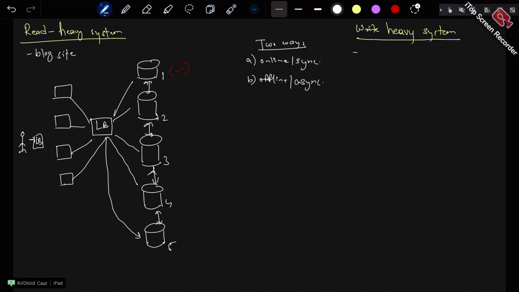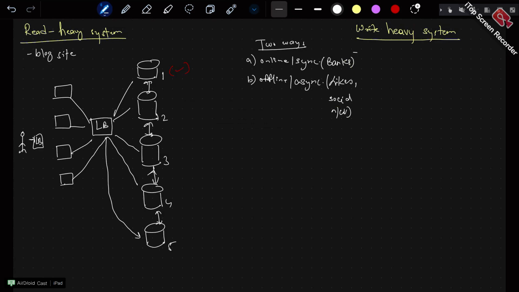So now we are losing on consistency. For example, if the user immediately makes a request to database 3, your data will be inconsistent, right? So depending on our use case, we are going to use this scenario. When will we use a sync mechanism? Can you give the name? Not async, sync, that means online. Transactions, banks, wherever you need highly consistent data and all those scenarios, right?